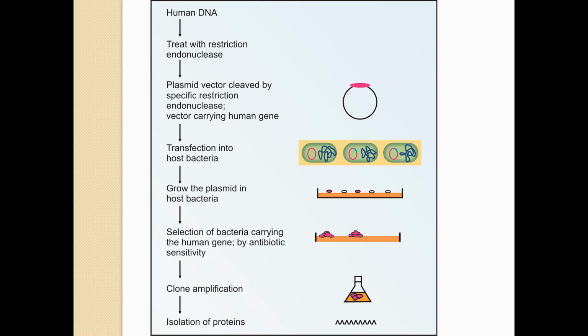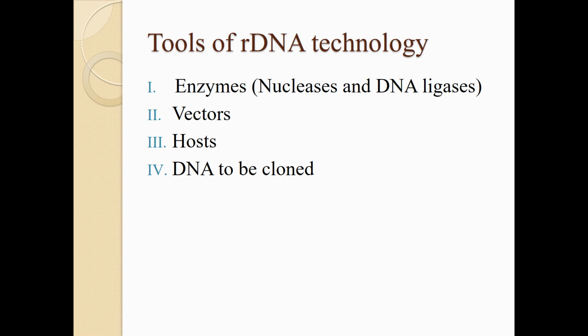That is Indian mythology from the Narsimha. That Narsimha or Nursi avatar of God was containing the head of a lion while the body was of a human. So, same like that, this is also known as a chimeric DNA or recombinant DNA, or the third name is hybrid DNA.